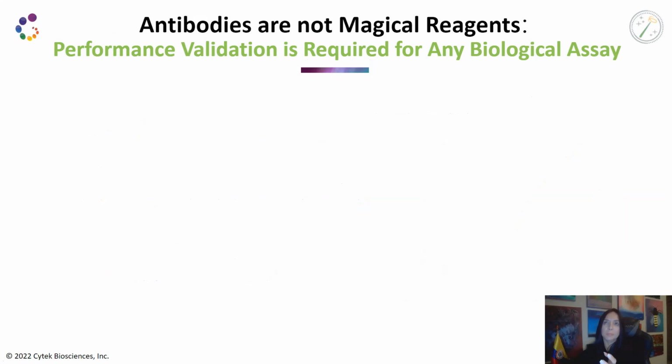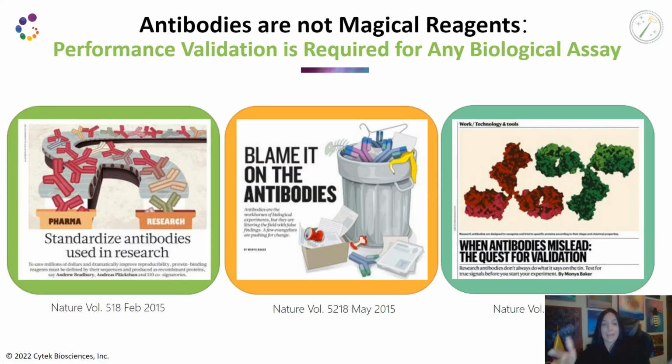When we talk about validation of antibody, it's a good title, right? Antibodies are not magical. It's not just getting the vial and starting to use it. It's all the validation that might be needed. And related to that, there are 3 publications in Nature in the last decade that highlight the issues with using antibodies that are part of the reproducibility crisis that we see in science. But the key message from those publications is that you want to test your antibody in your cells of interest under the staining conditions that you plan to use in your samples,